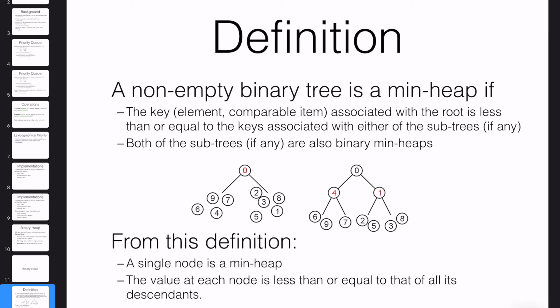So basically for every node, the item that you keep in that node is going to be the smallest item. This is a min heap, the smallest item among all the items in that subtree. Okay, so you can see that